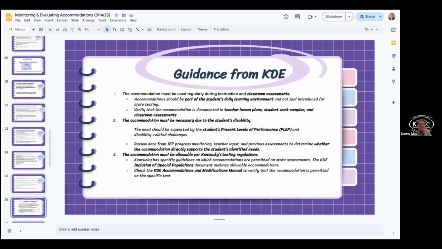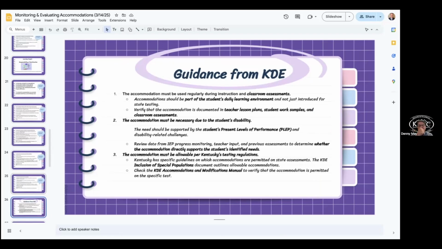So here's the guidance that I talked about a little bit from KDE. This guidance says, number one, the accommodation must be used regularly during instruction and classroom assessments. It should be part of the daily learning environment and not just introduced for state testing. We have to verify that the accommodation is documented in the teacher lesson plan, student work samples, and classroom assessments.